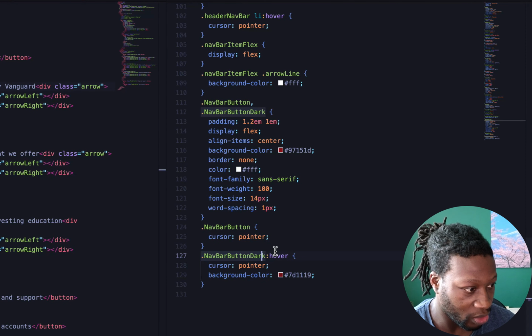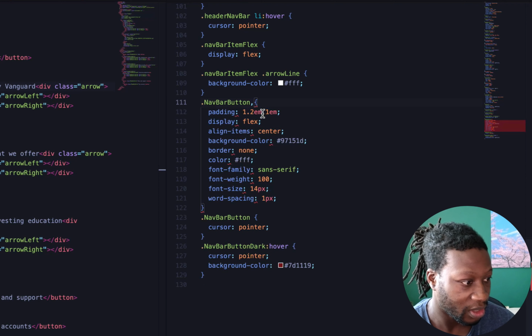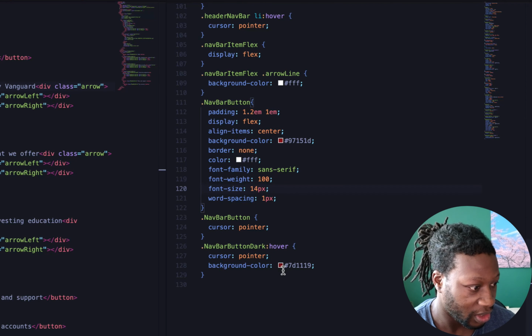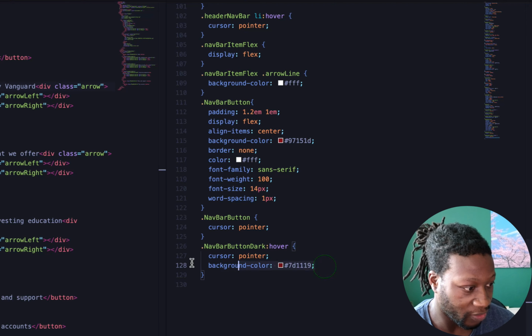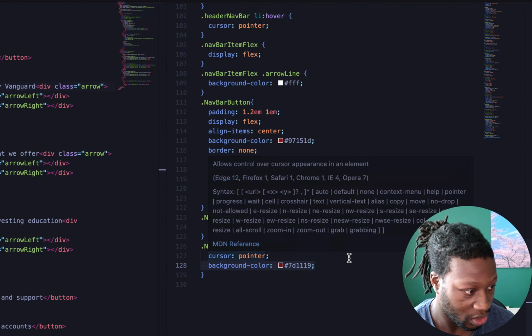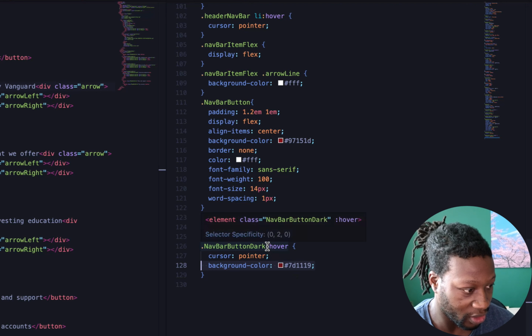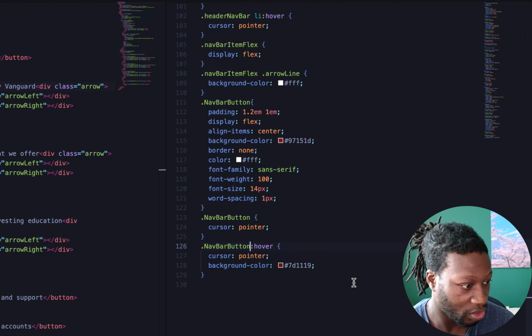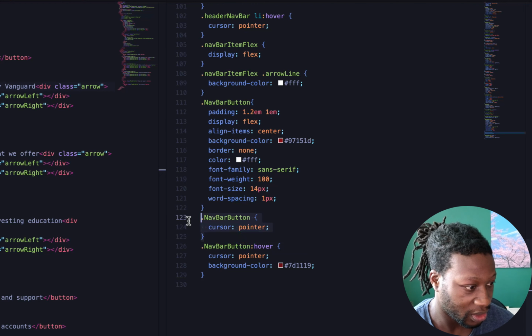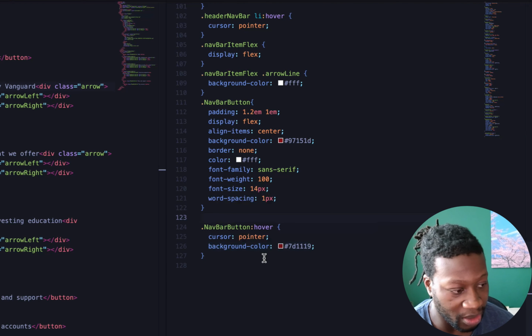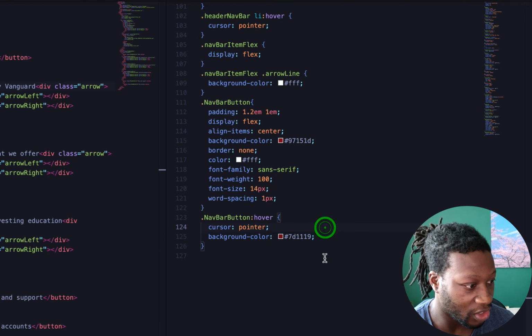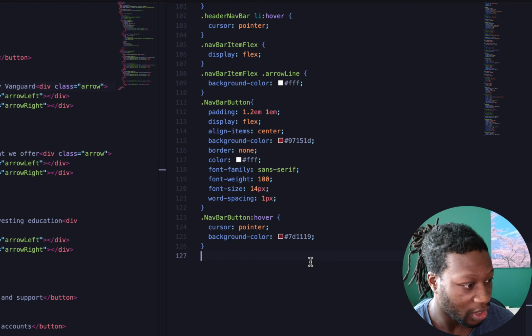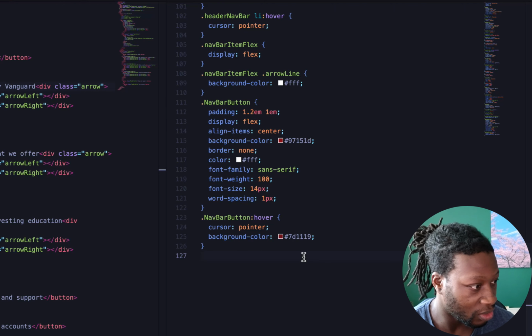But here we don't need to do anything, so we'll just make this, delete this, make that navbar button, and also here all we have to do is change the hover to navbar button and delete this because it has the same property. It had the same property in the previous iteration of that class. So if I save that now and look over,